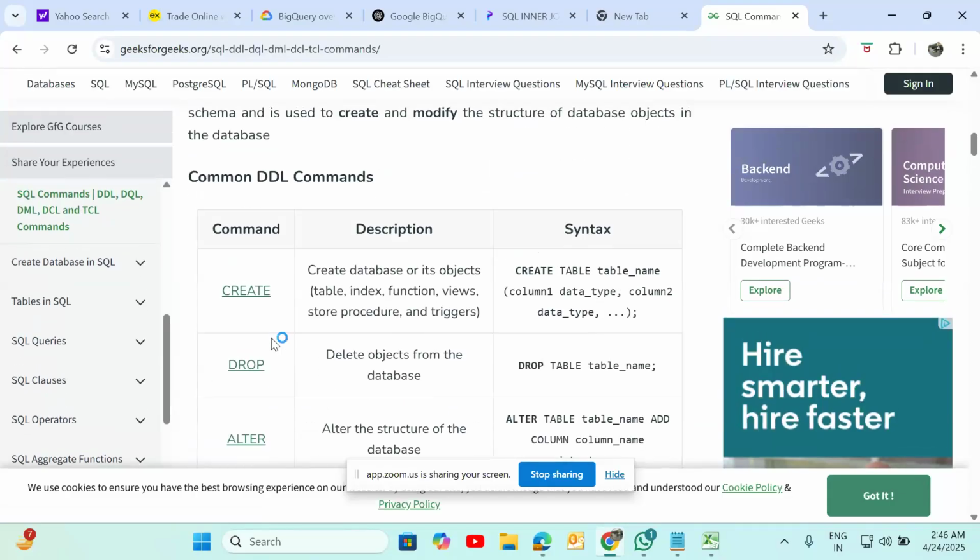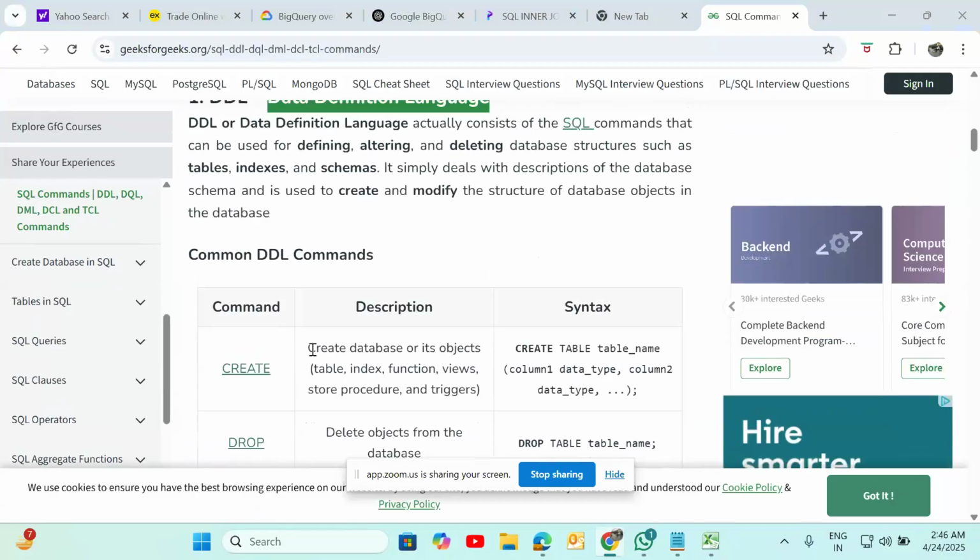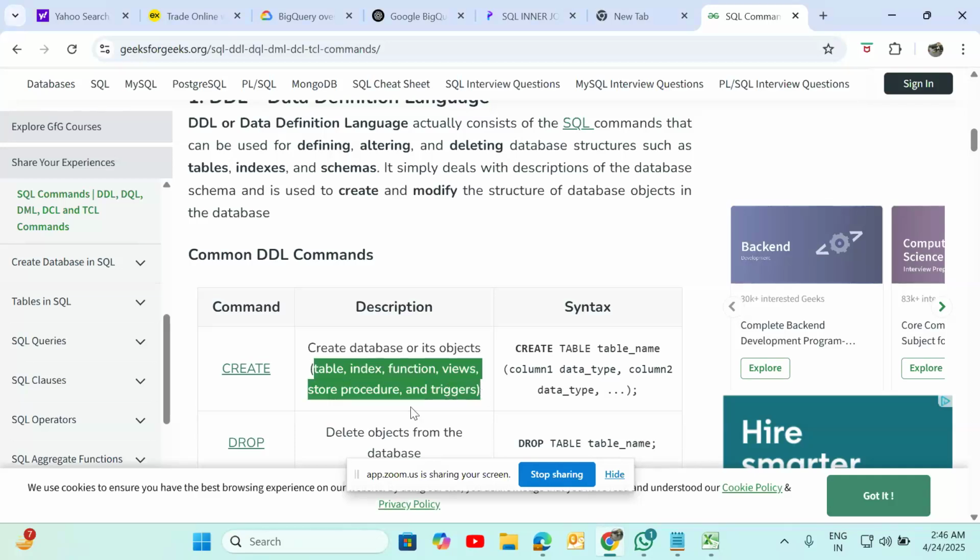You can create tables, drop tables, alter tables, and create indexes, functions, views, stored procedures, and triggers. Do you have any idea about these things? Table, you have an idea, right? I know what a table is. I know what a view is. I don't know the other ones really well. I know there's a function, and also another one called materialized views, but I don't know.